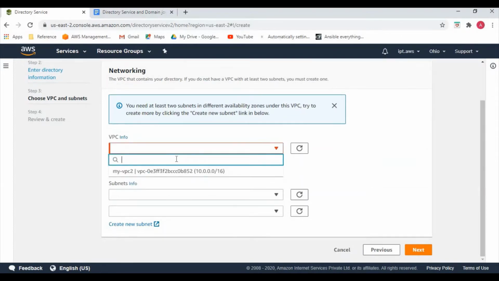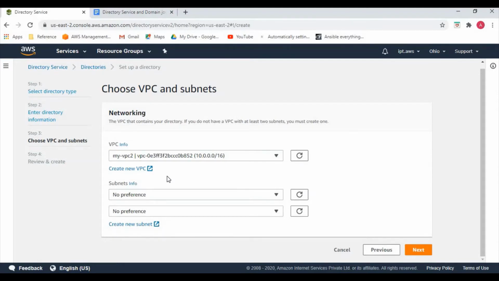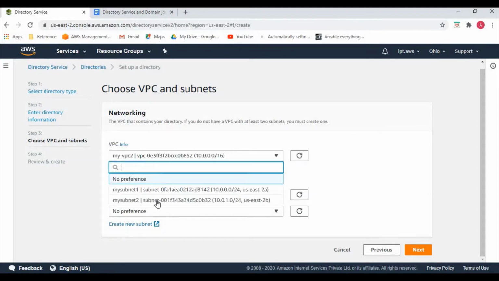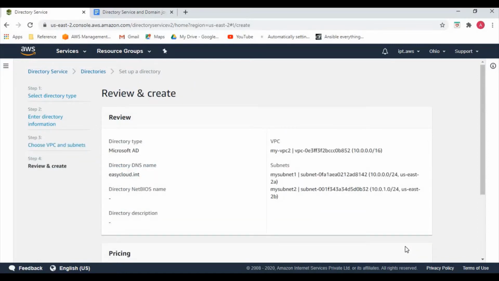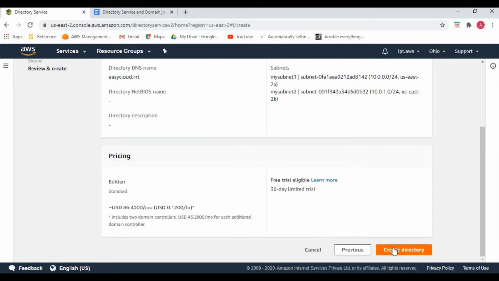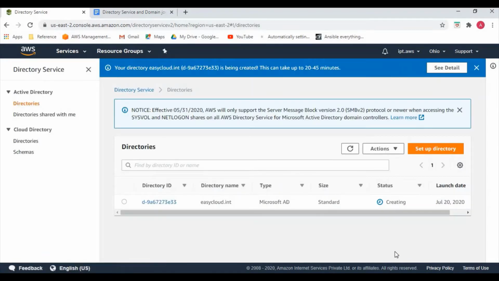And we need to select the VPC. So I need to create your own private VPC here and select the subnets. So before we create the directory service, you need to create the VPC, and you need to have at least two subnets in that VPC and create directory. And you need to create this directory in the VPC that you have created. Okay. And this directory using this DNS server, so it will be resolved within the VPC. So you don't need any separate DNS server for this directory. It will be resolved within the VPC itself.